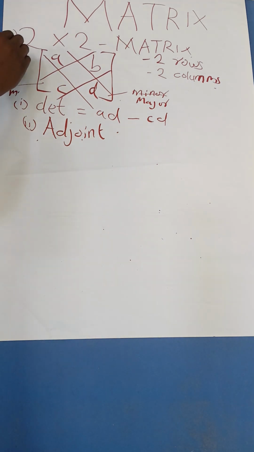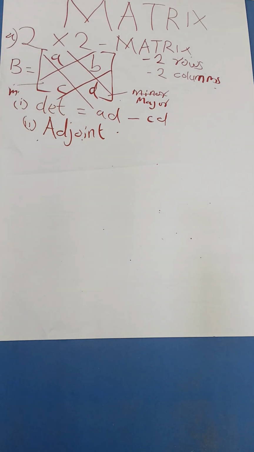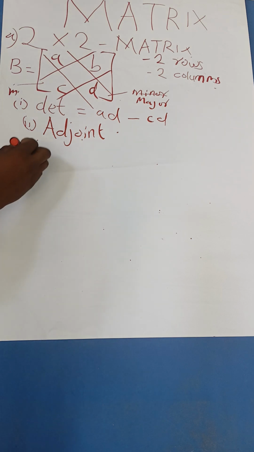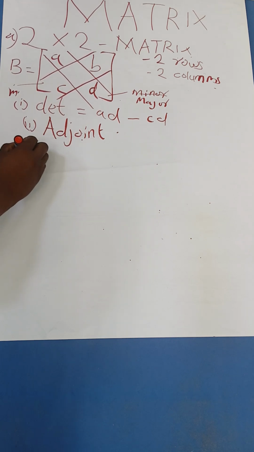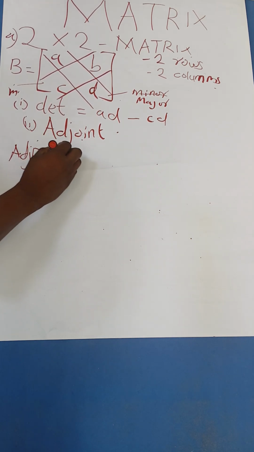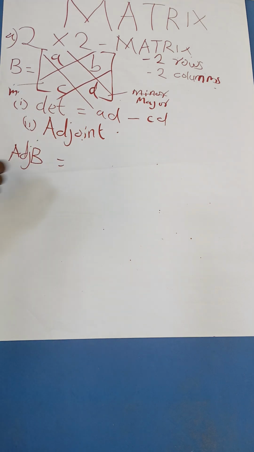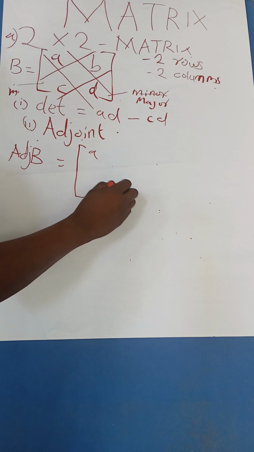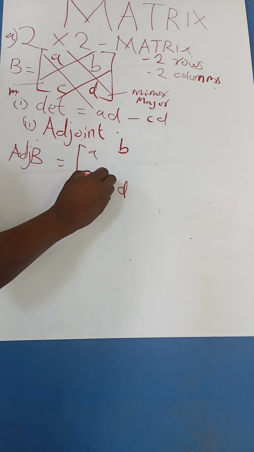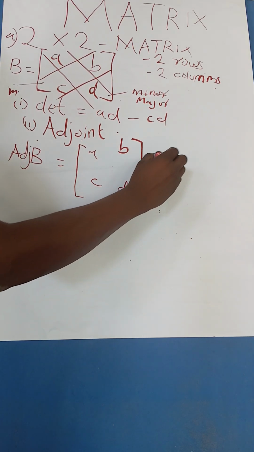Let's say this is our matrix B. This is our type of matrix B. Good. So, let us get now the adjoint. To get the adjoint of matrix B, let us rewrite our matrix. If we have this AB, then here we have CD. So the adjoint